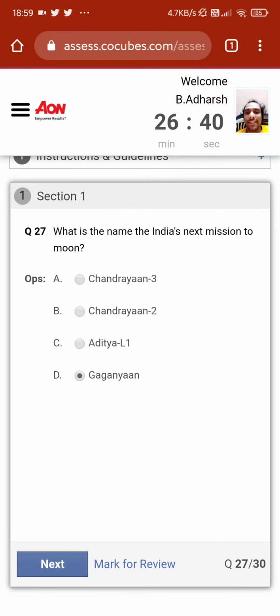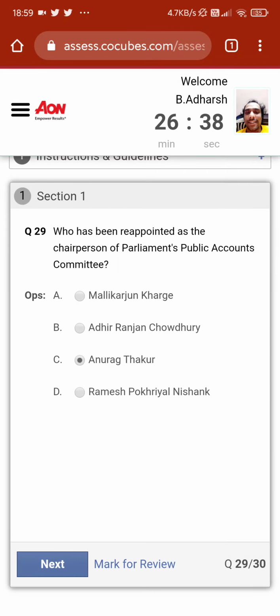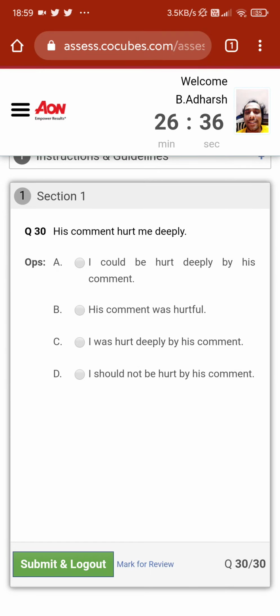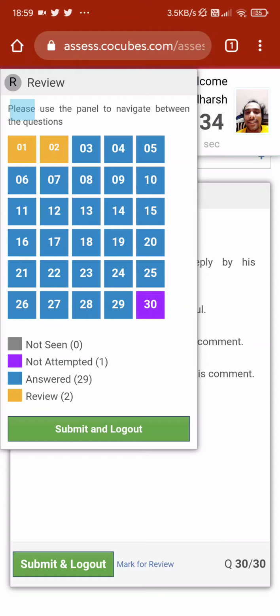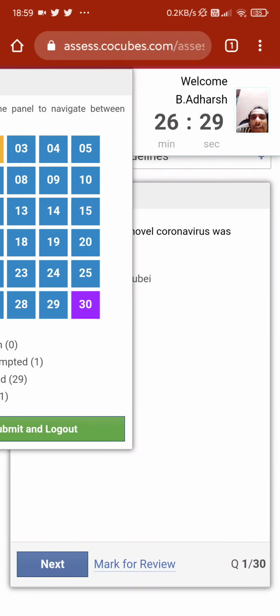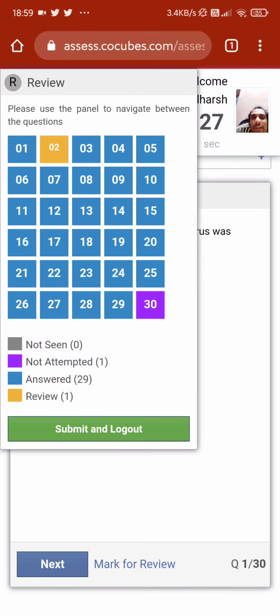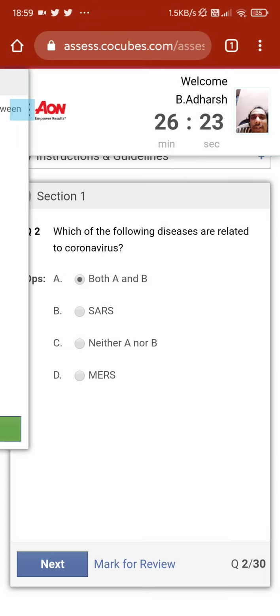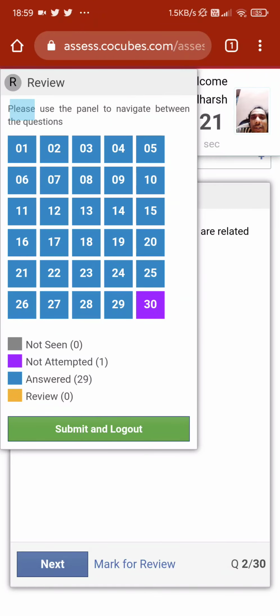So once you answer all these questions, only then the system will allow you to submit and log out. You can quickly hit the top left hand corner review button and click on the first and the second question which we marked for review earlier, and you unmark it. Now at this point of time all your questions are marked. If you wish to submit, you can submit, or else if you want to go back to a particular question,